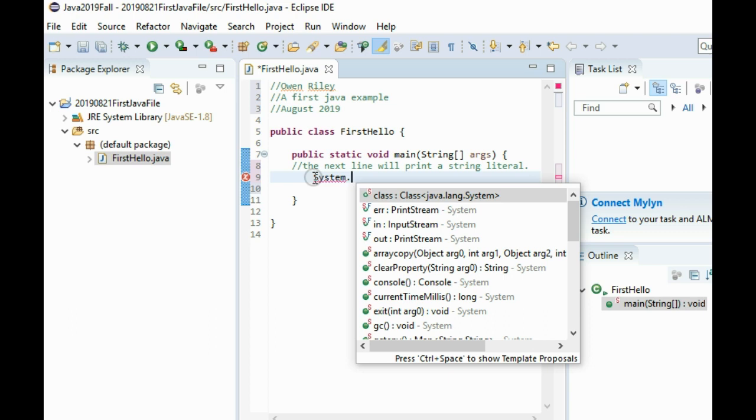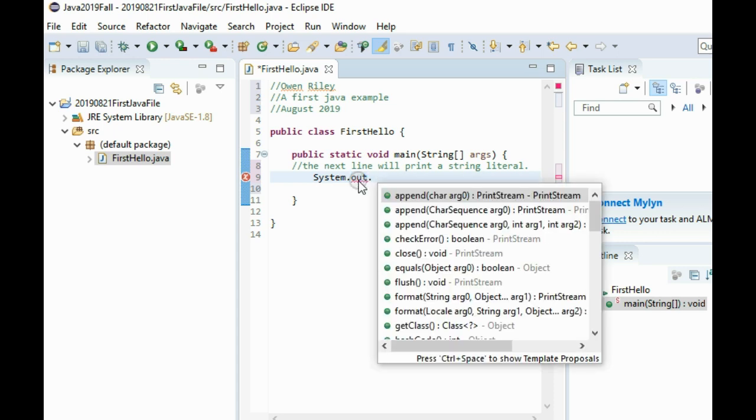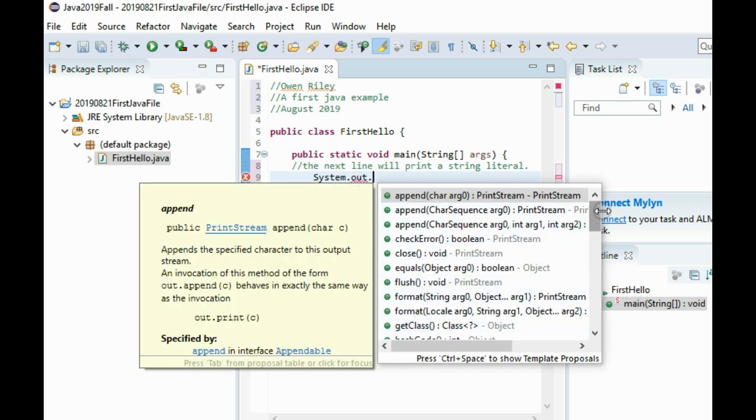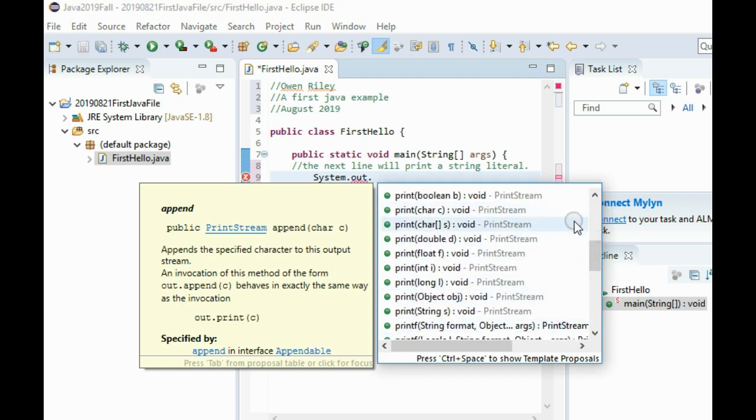And what it will do, if you have a legal statement so far in Eclipse, in our IDE, it will show you other legal statements that could go with system. And what we want is a system dot, and so this is kind of a list of legal things you can do. Well, what we want is a system dot out command, and then we'll have another period, and notice it will give us some more choices. And you can see some of the things you can do here. We can do some print things, and that's what we're going to do. But again, I'm going to just show you right now what to type in there. And these suggestions we can come back